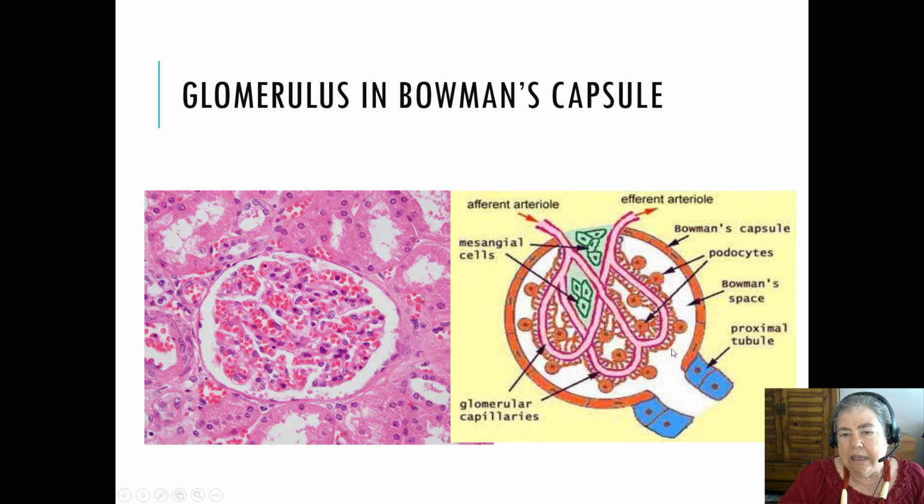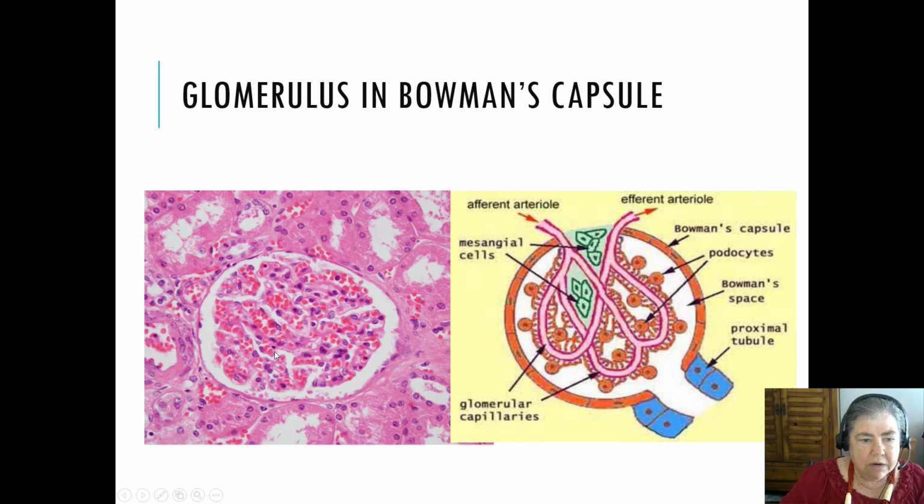And then the space we call Bowman's space is continuous with a tubule, a skinny little tube that is lined by cells, and we'll talk a lot about those cells as we move through our little